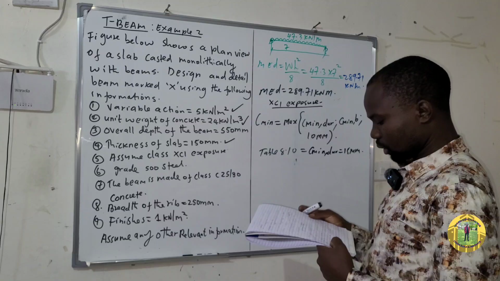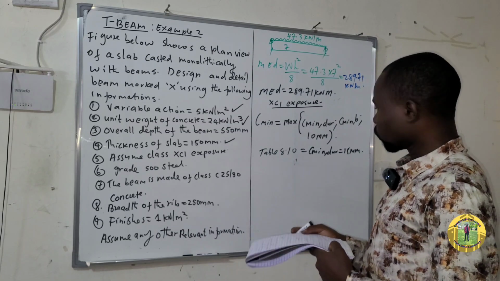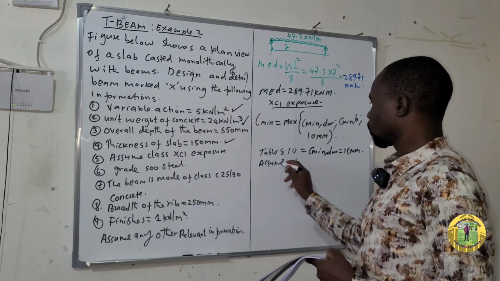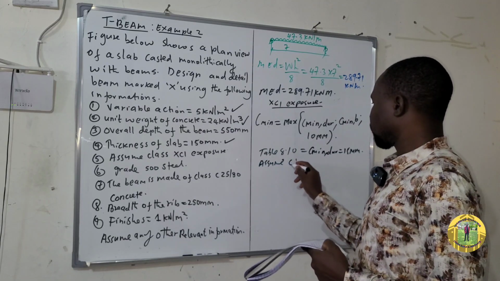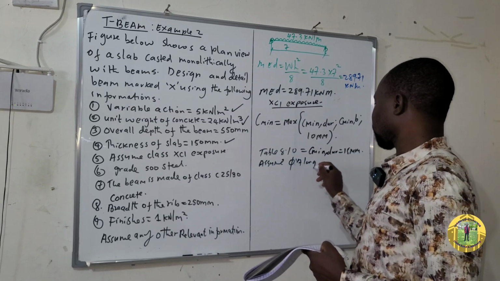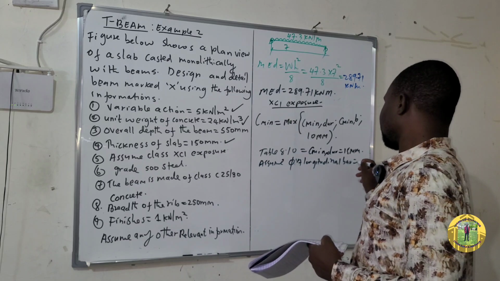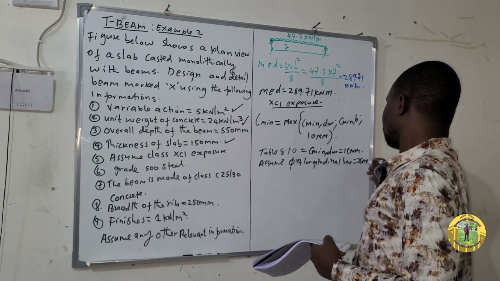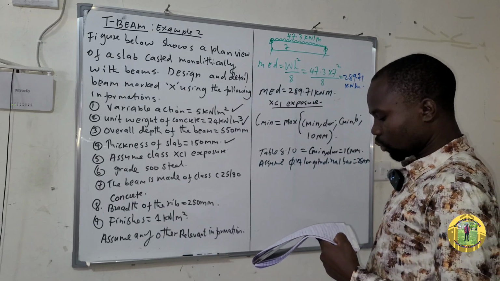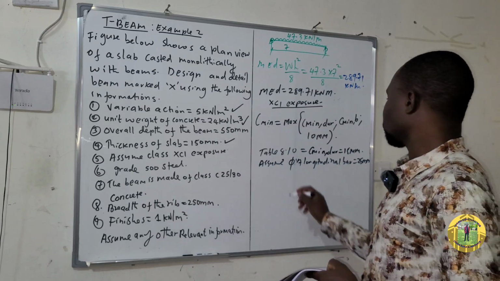And then you will say, assume the diameter of longitudinal bar is equal to 25 millimeters. Assume the diameter of longitudinal reinforcement of a bar is equal to 25 millimeter. Hence,